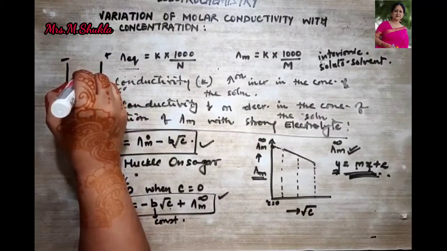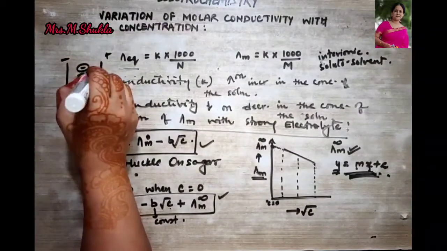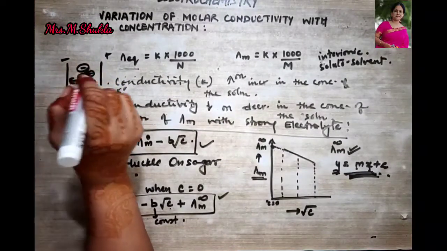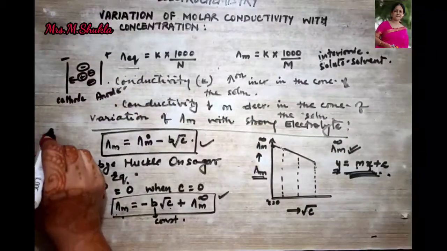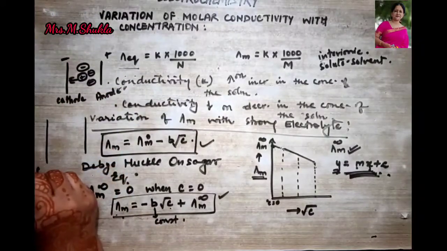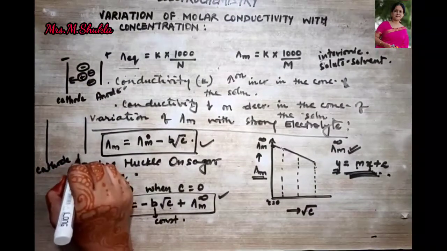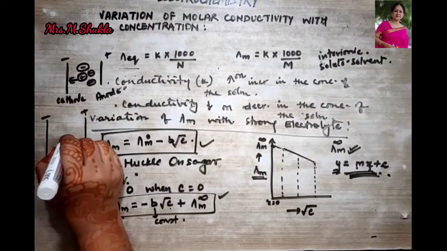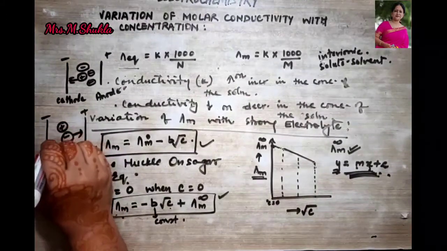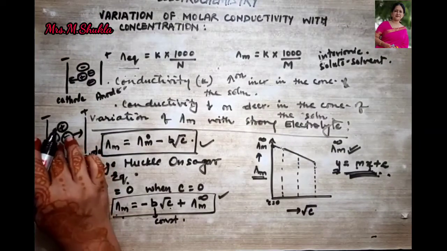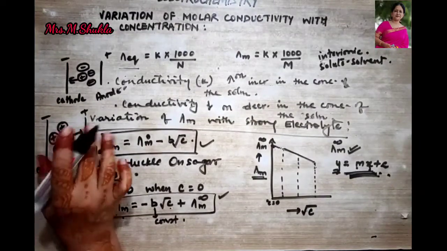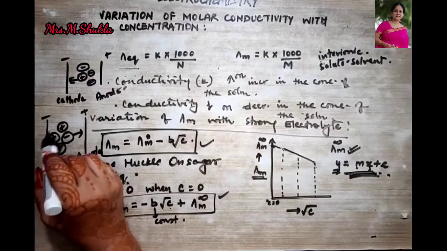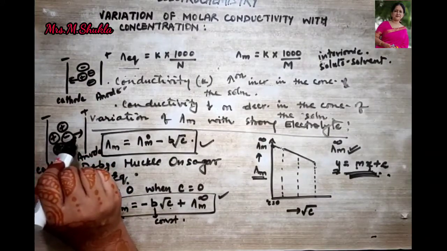If this is a positive one, then all the negative ions will be dragged towards the cathode, and just the opposite happens. If this is your cathode and this is your anode, then the negative charge moves this way, taking along all the positive charges with it. Clear? So this anion is dragged behind by the stream of these positive cations moving in the opposite direction.